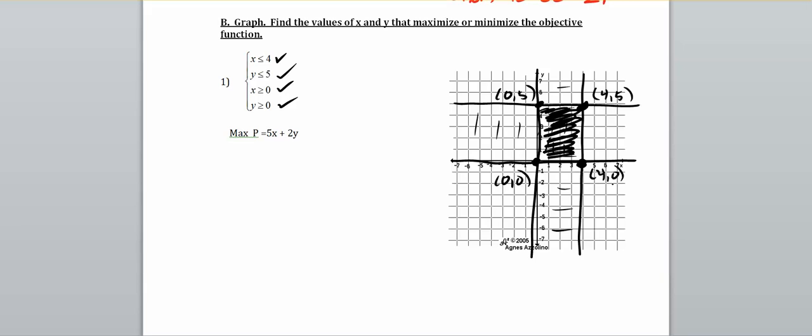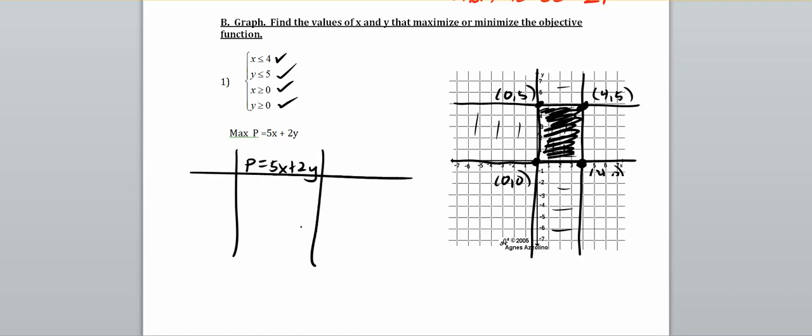So I'm coming up with my corner points by graphing my inequalities, seeing what my solution area is, and the corner points of those are what I'm going to plug in. So I'm going to make my table where I'm going to put my corner points, and then I'm going to put my objective function, and then I want a maximum again, so I'm going to put that here. So I'm putting in my corner points here, again in any order, so I'll put 0, 5,